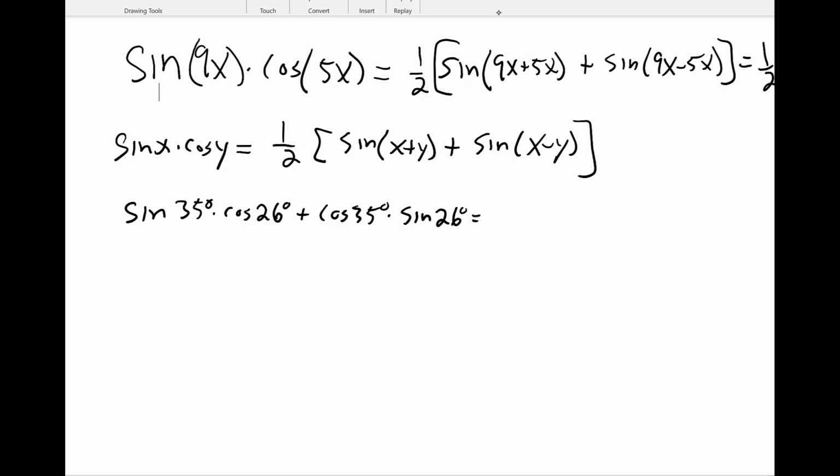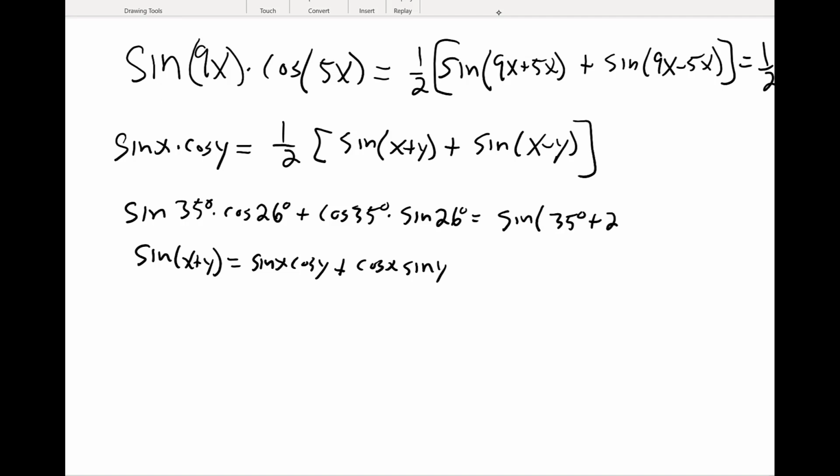This looks like a sum of two angles. Sine of x plus y is sine of x cosine of y plus cosine of x sine of y. So this just must be sine of 35 degrees plus 26 degrees,